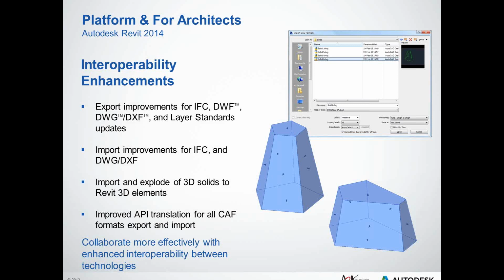Okay, so let's just say you have a file that has 3D solids in it and you're going to, say, bring it into the family editing environment. We can now explode those 3D solids not down into sort of more dumb and basic shapes, but Revit will now try to do its best to retain those elements but as a Revit element instead. So if you were to take, let's just say, one of these shapes here, which might have come from a 3D DWG file, Revit should do a fairly good job of converting that straight into an actual native Revit geometric